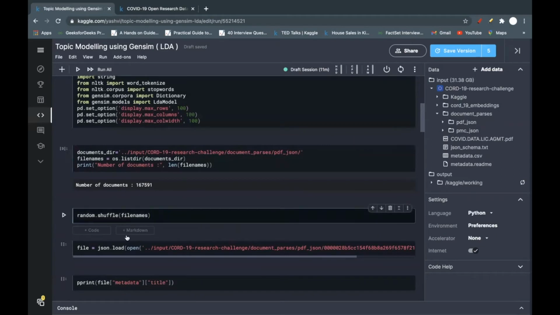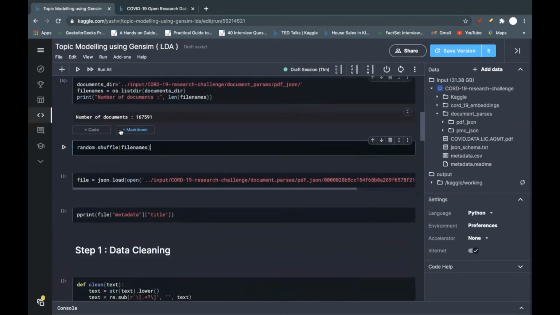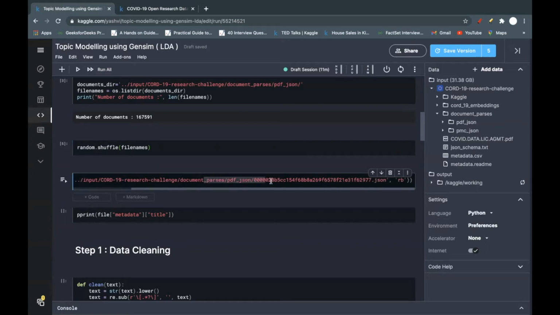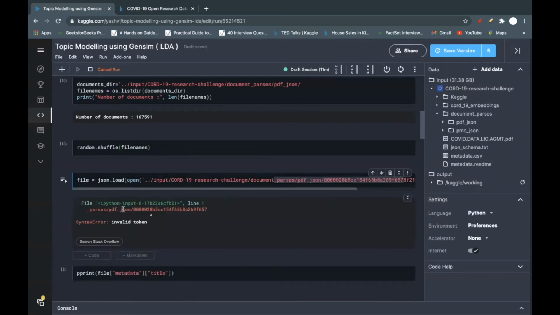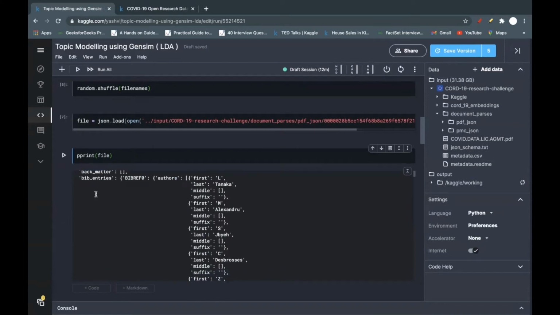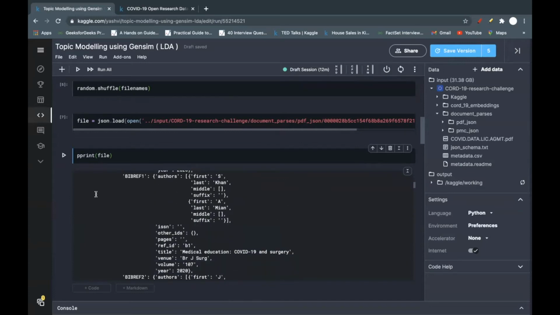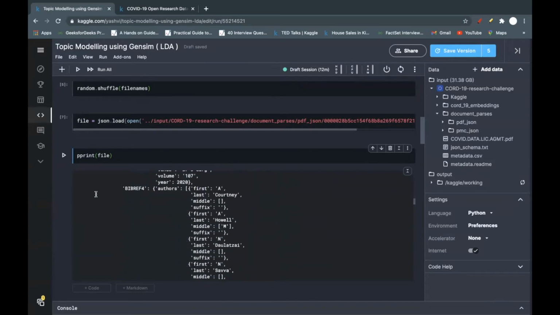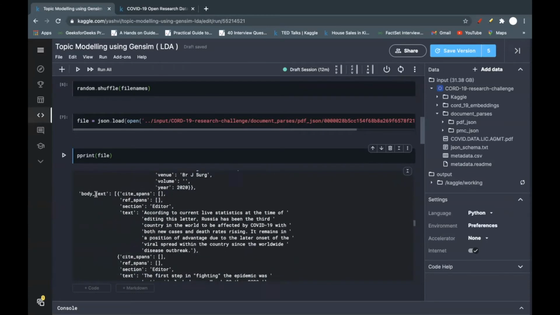So what I'm doing is randomly shuffling all the file names. I am just importing one file to see the format of the file. If you see, there is abstract, there is back matter, entries, and some more information about the file.